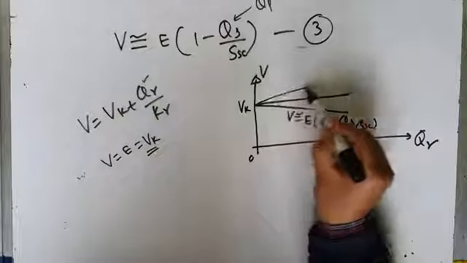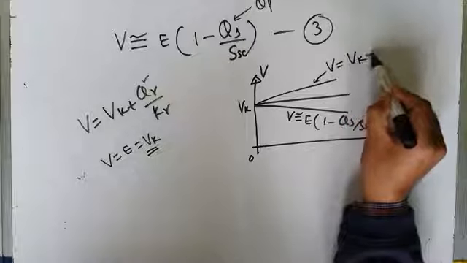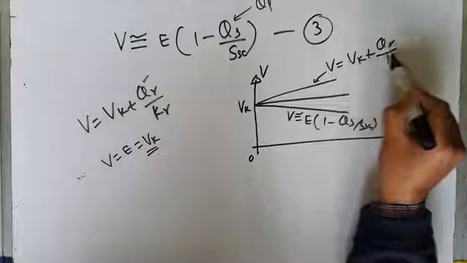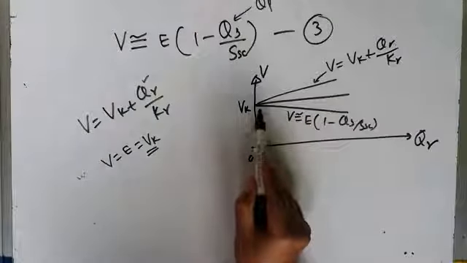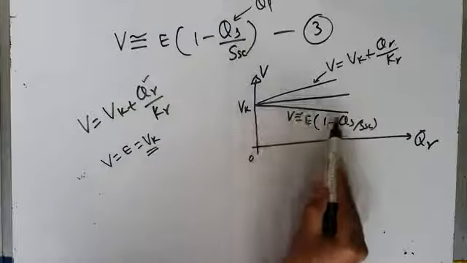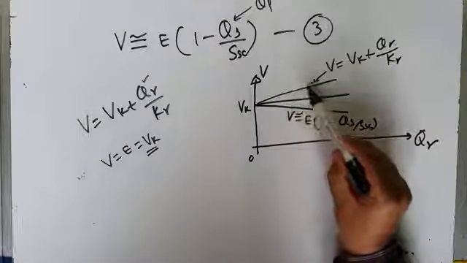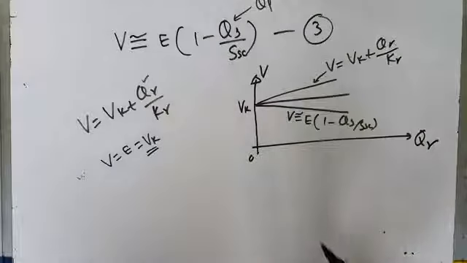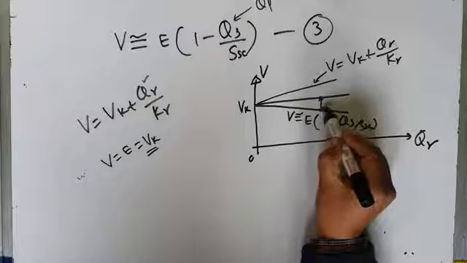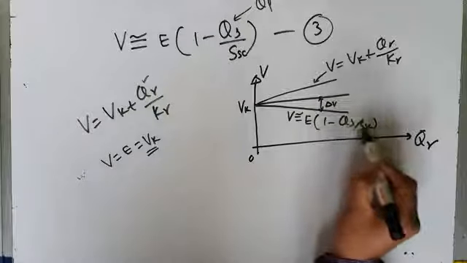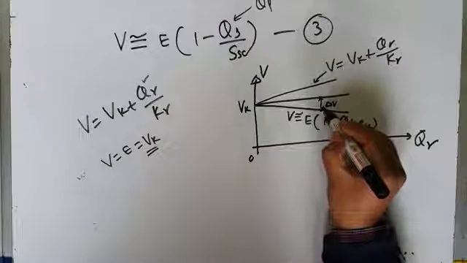So with this compensator, your characteristic will be like this. This is the characteristic V equal to Vk plus Q gamma by K gamma. Load reactive power makes the load voltage characteristic drooping in nature, and in the presence of the compensator the characteristic is like this. So at any instant, let us consider this point. This is the drop in the voltage, delta V, because of reactive power which is flowing due to the load reactive power demand. And this has to be nullified by the compensator.